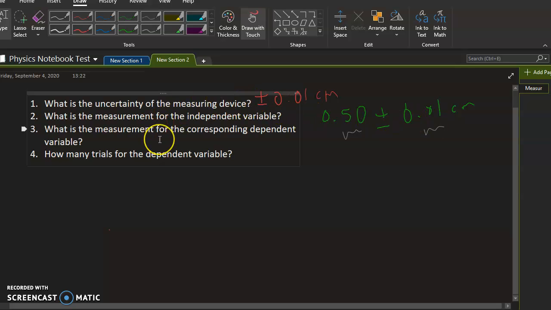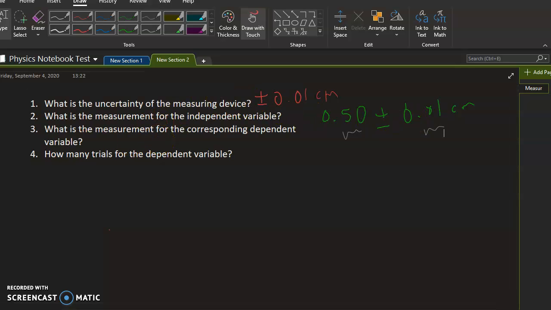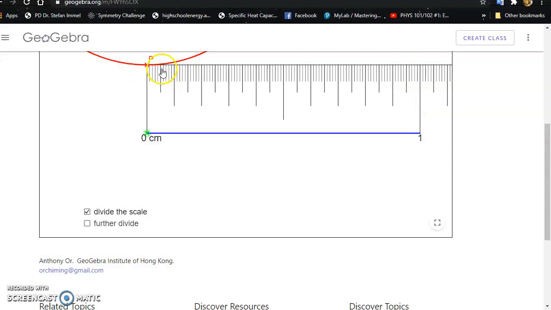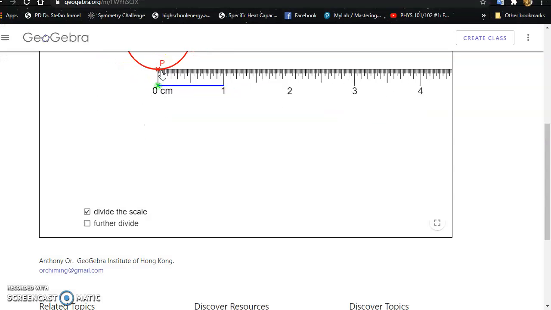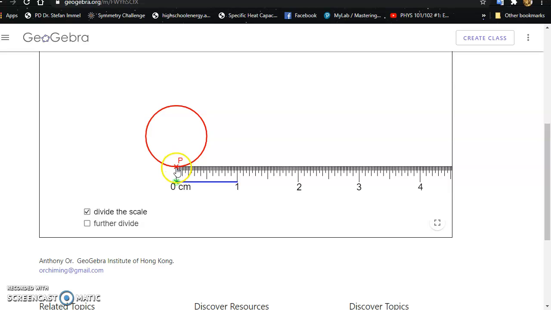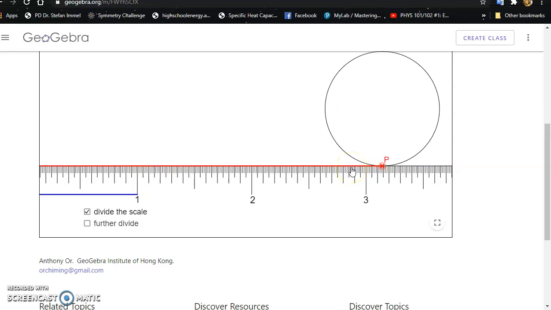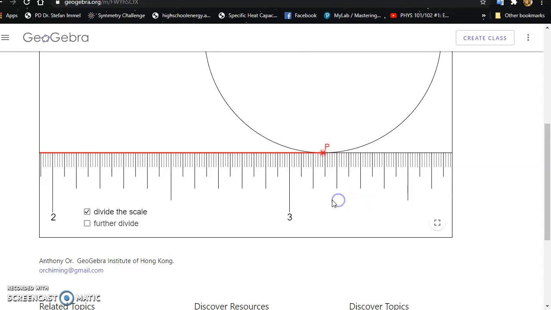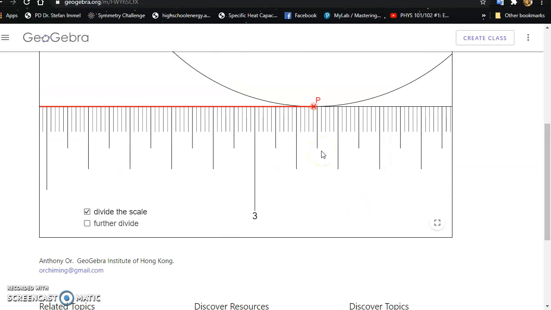And what is the measurement for the corresponding dependent variable? So I'm going to look at the circumference. I'll zoom back out, and I'm going to get the circumference by grabbing the red X, and I can just roll this circle down along the measuring device. Pretty nifty. And then I can zoom back in, and I can see that this is